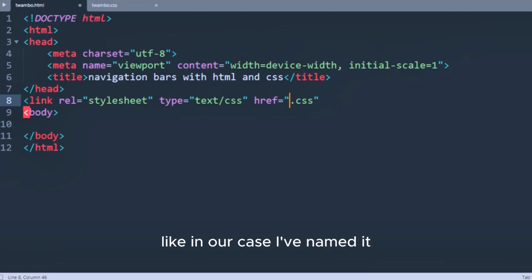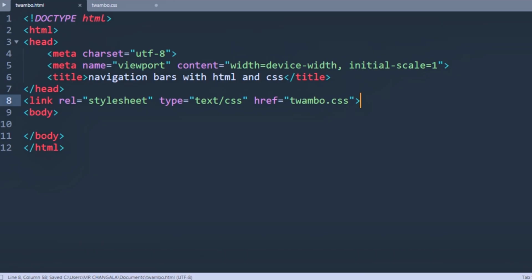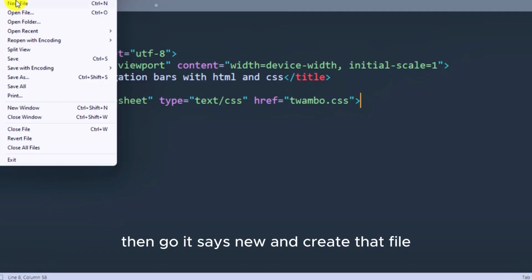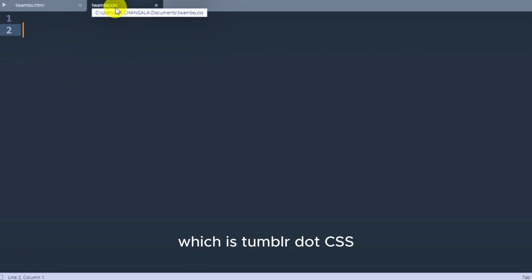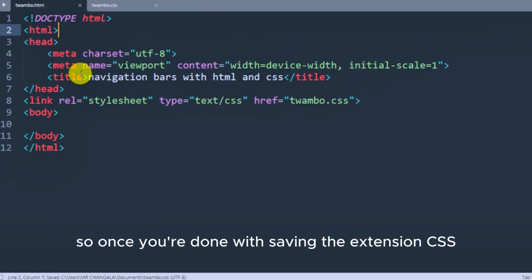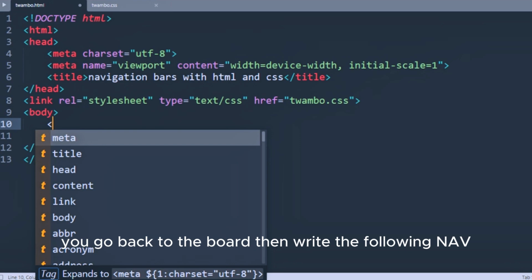So you can name this anything that you want. Like in our case, we have named it farmer.css, like that. So once you have named your CSS file, you have to go where it says file, then go where it says new, and create that file. In our case, we have created that file, which is this one, which is twamba.css. Yeah, and save that file. So once you're done with saving the external CSS, you go back to the body and then write the following: